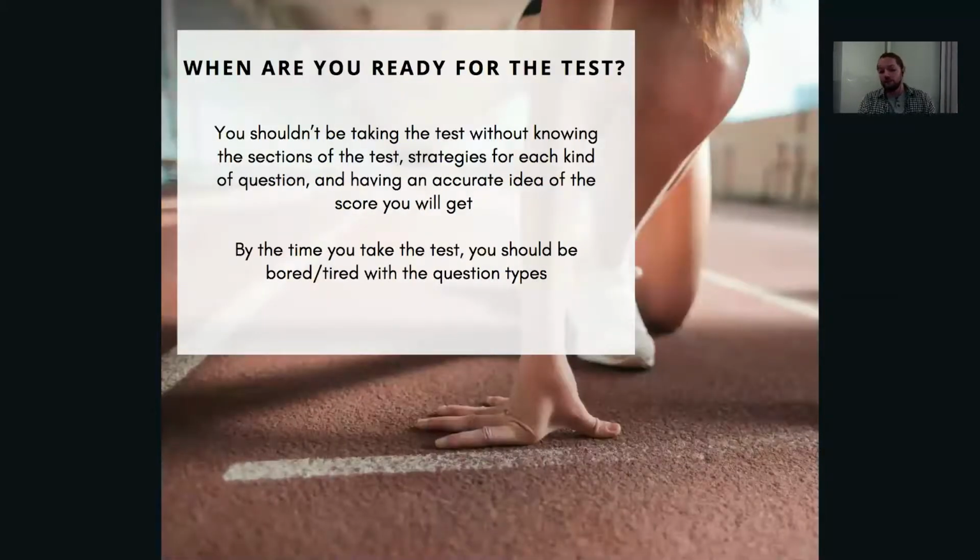When are you ready for this test? My goal when I'm working with someone is very, very specific. It doesn't matter if you want a band 4 or a band 8 or a perfect score of a band 9, which is, of course, very challenging. But no matter who you are and no matter what your plan is, by the time you're ready to take the test, you should be exhausted, bored. You should be very, very tired with the kinds of questions that you see and the strategies that you need